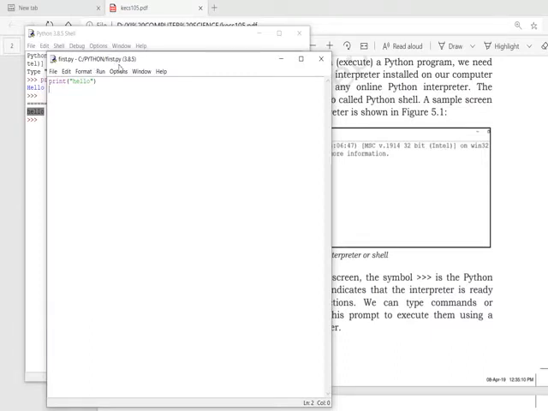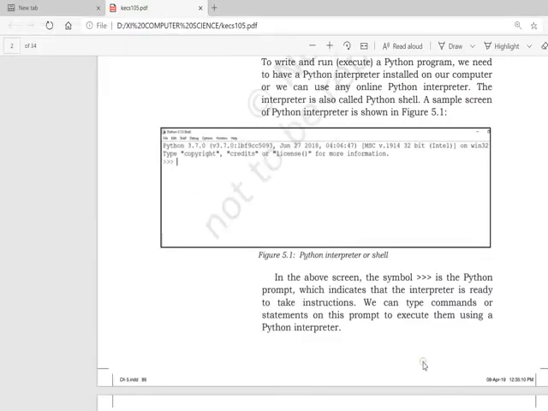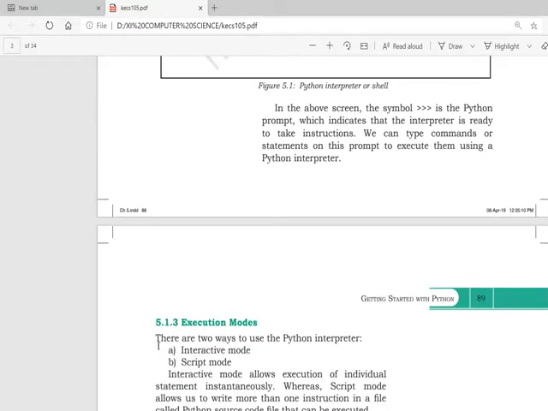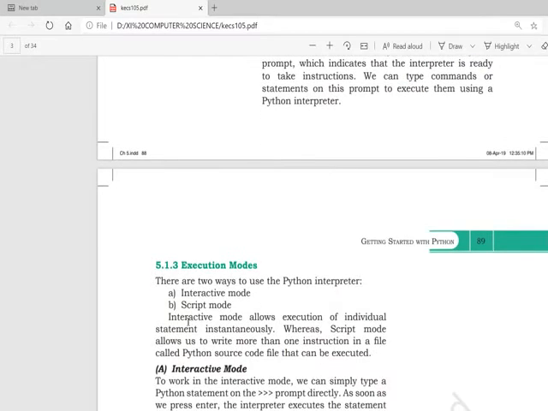You have written the program in the script file, and you would have noticed in the C drive Python folder there is this file with the name first, and the file extension is py. What we have written here is our source code, and after running we are getting the desired output.